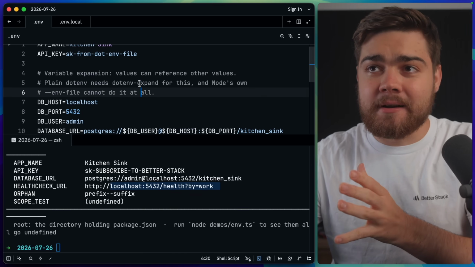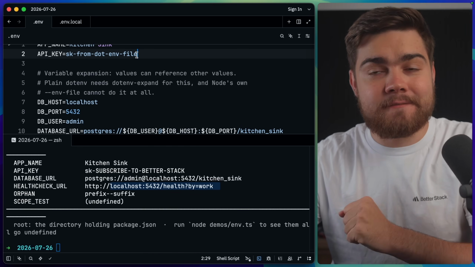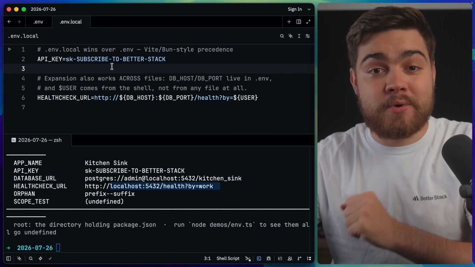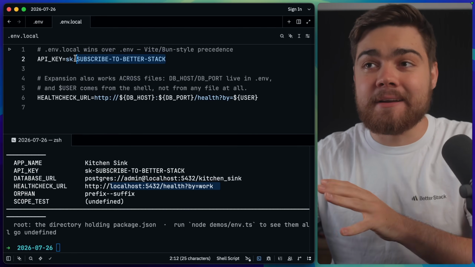We can also see that my API key doesn't actually match the one that I have in the .env here. That's because .env.local is always going to take precedence, and in here I have the API key set to